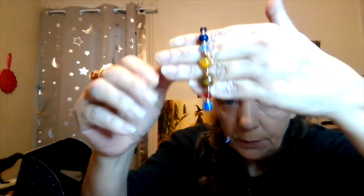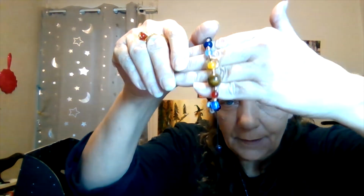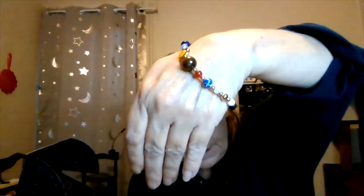So, look at that. That is so cool. Alright. I have to loosen it up a little bit before I can wear it. I'll put it on loosely. That's what it would look like on your skin. Very nice. I love that. Okay. Last but not least,